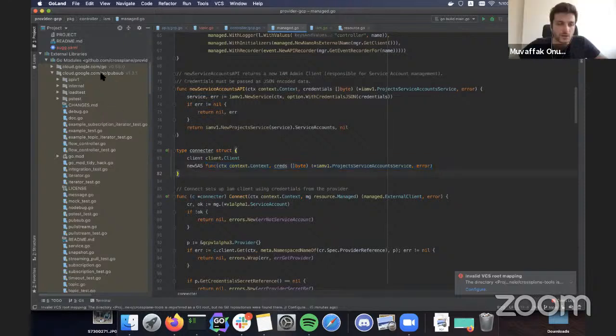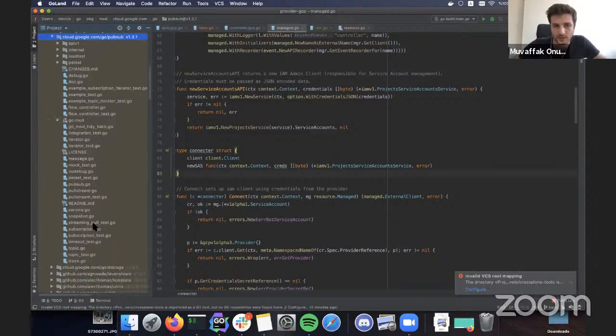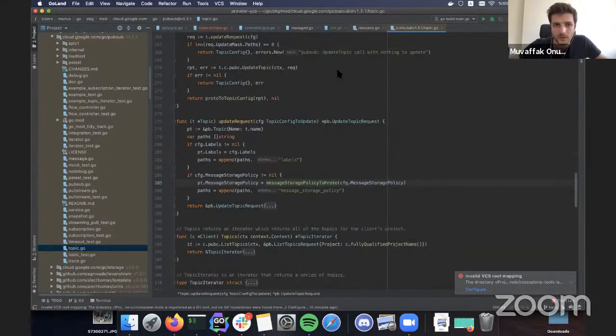Yeah. Okay, so this is the module that we're going to use, but there's a caveat with GCP. In GCP, you've got a few clients doing the same thing. Usually there is always one client that is generated and low level, and it exists for all the GCP resources. And then you've got some other clients that are human written that you can use, whose UX is simpler. But in some cases, the lower level one works better for you. So from the first glance, we see a topic go, and let's see.